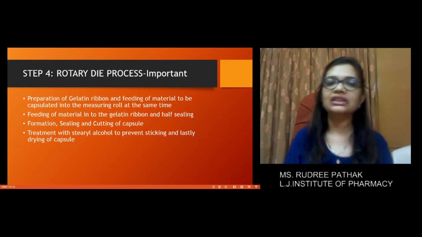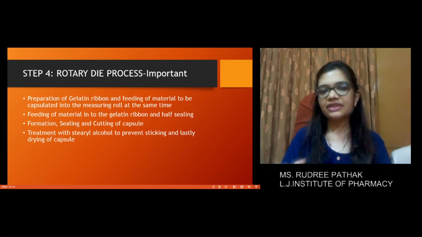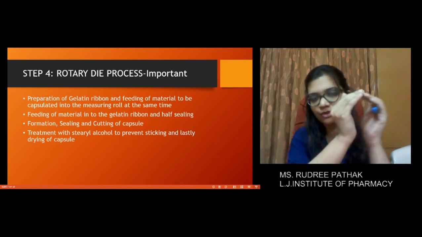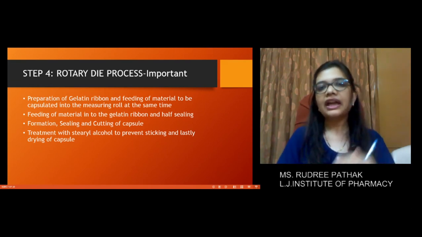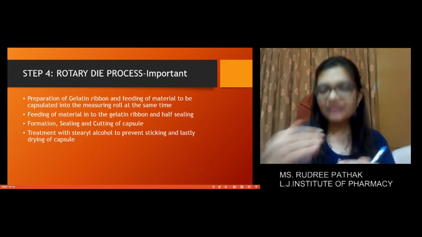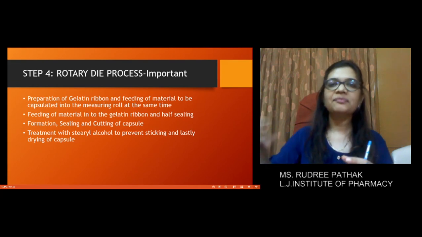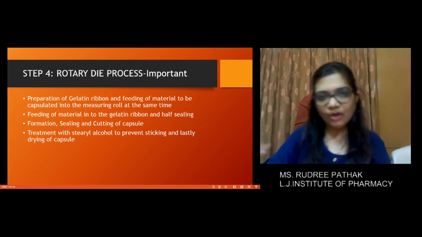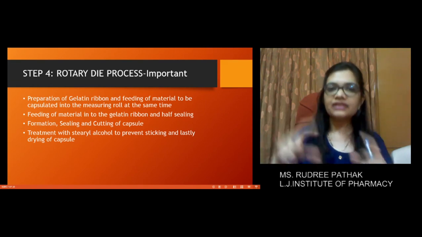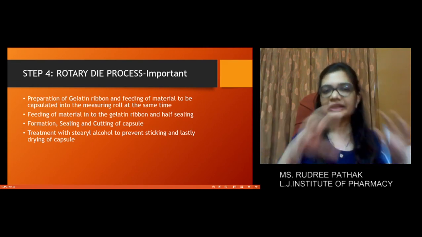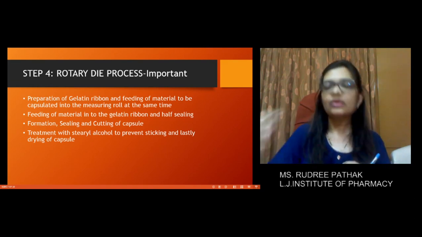to manufacture. Initially, these ribbons will be enclosing the product inside the ribbon core, and initially it will be semi-sealed and then it will be converted into a completely sealed product, and then it will be washed and then it will go to the packaging area. But in the case of the rotary die process, the gelatin mixture will be converted into gelatin ribbon, enclosing the product.